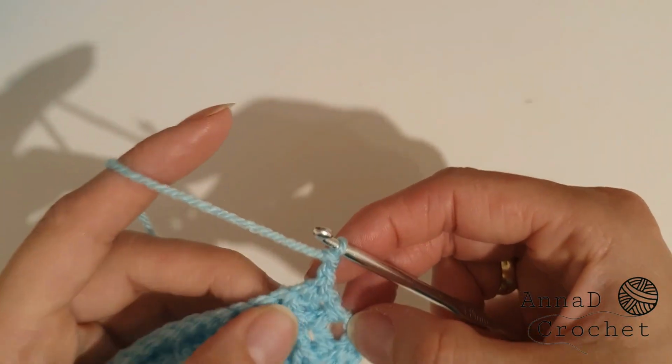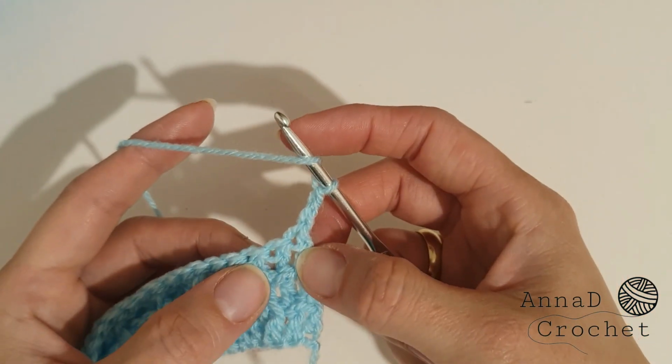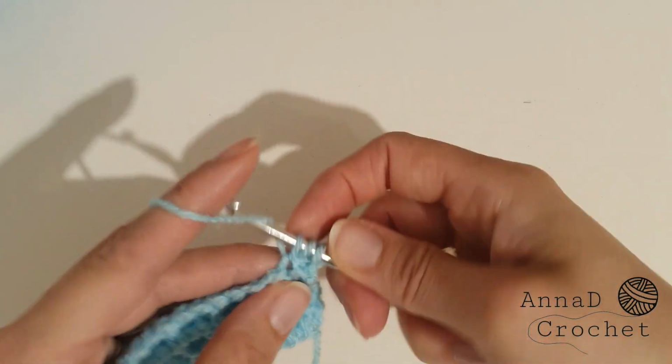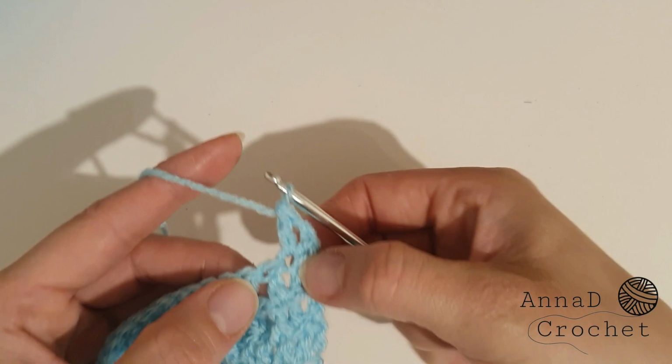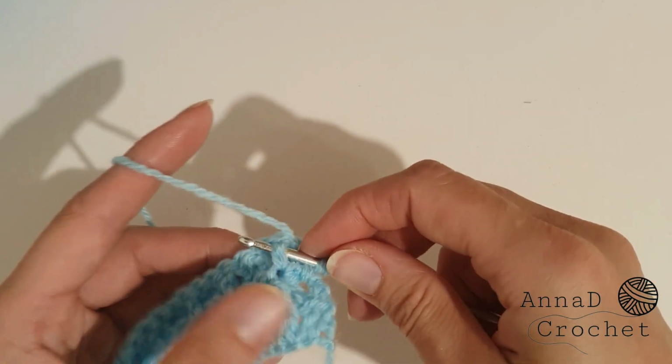So that's basically it. Repeat rows number 1 and 2 as long as you need. So row 3, 2 double crochet, 1 front post double crochet,